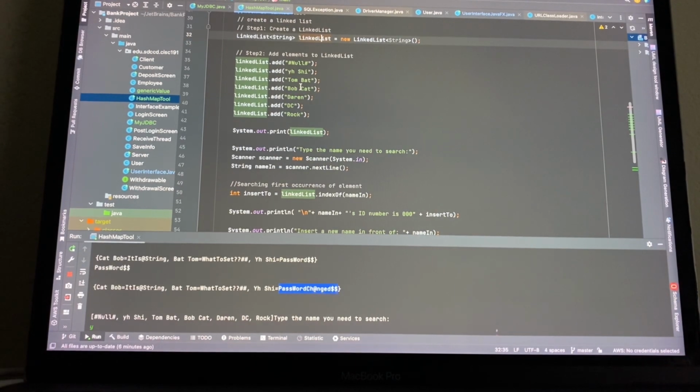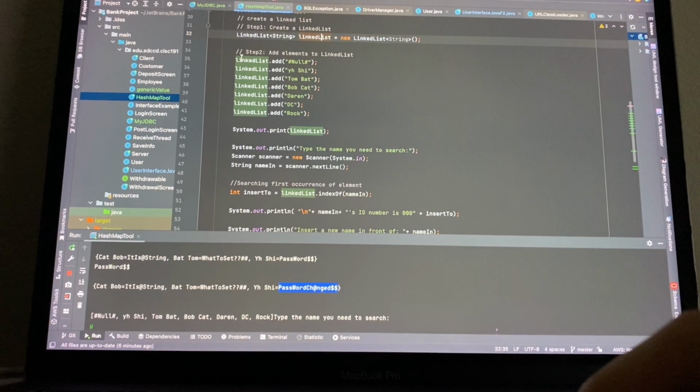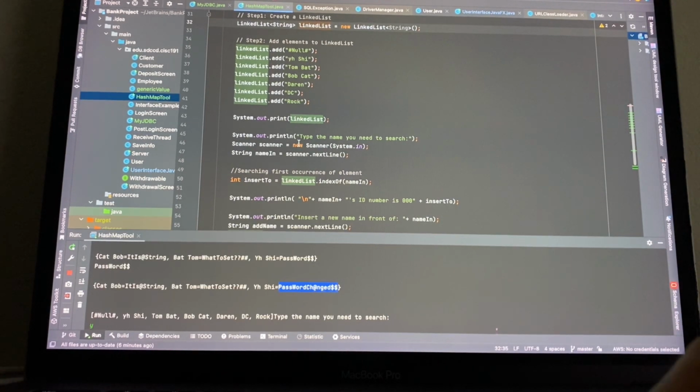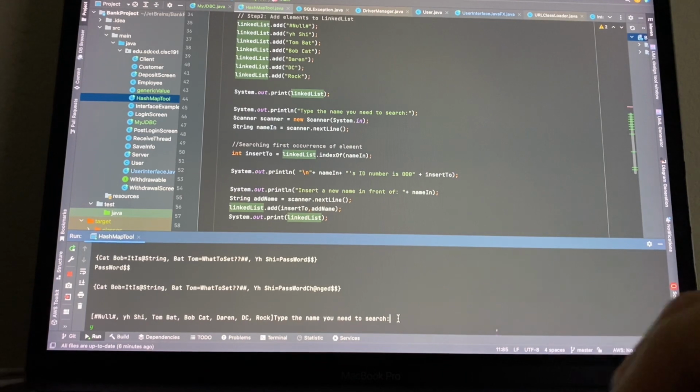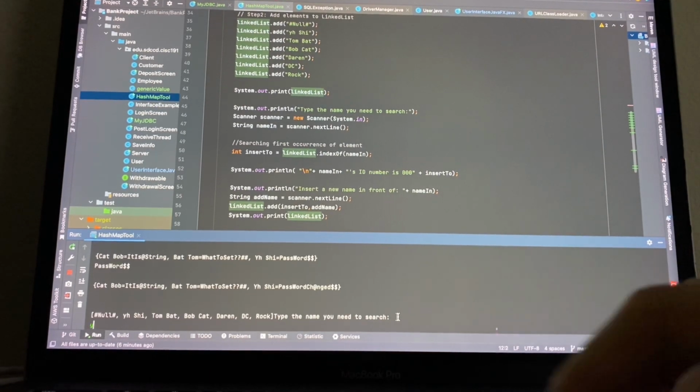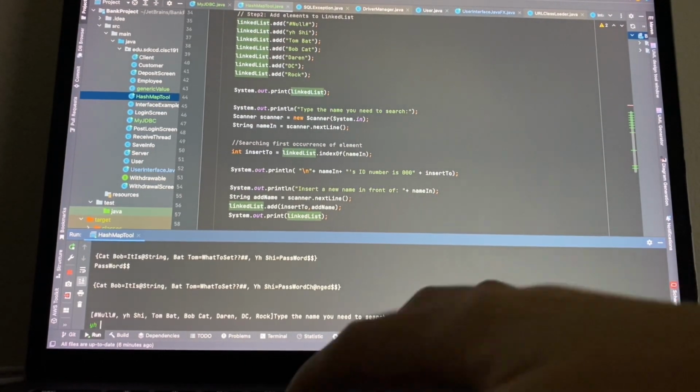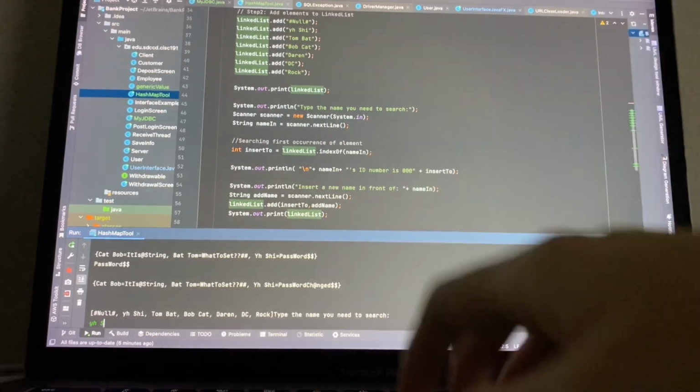For example, I made the linked list with all the names here, and then we just run the program and we type the name. For example, I search my name,